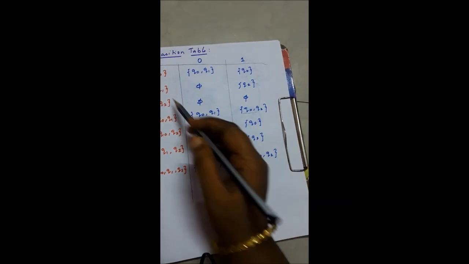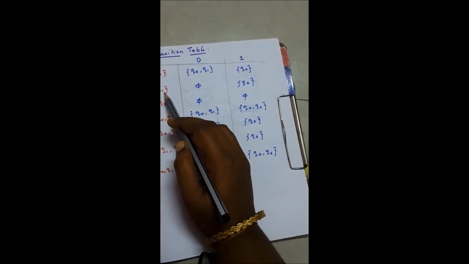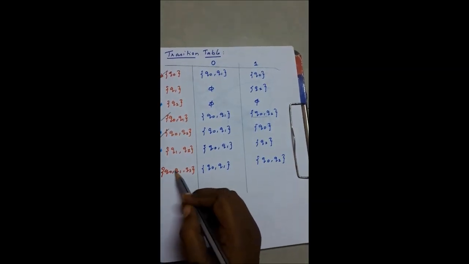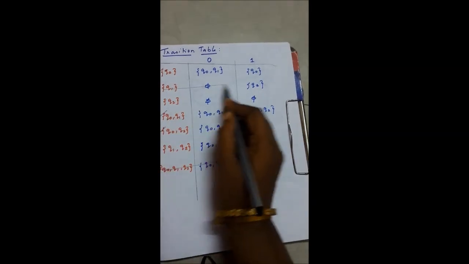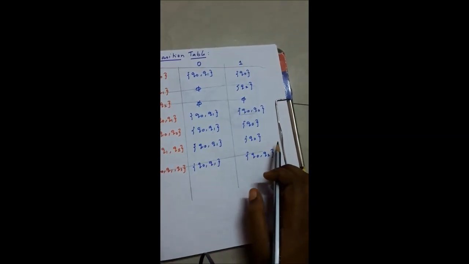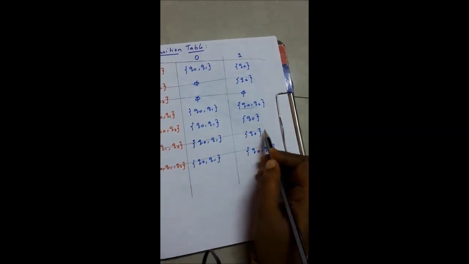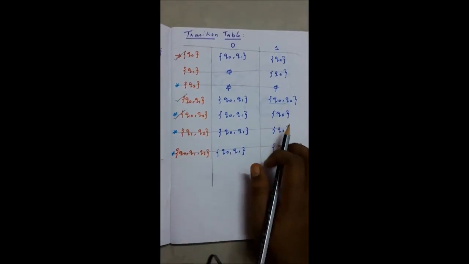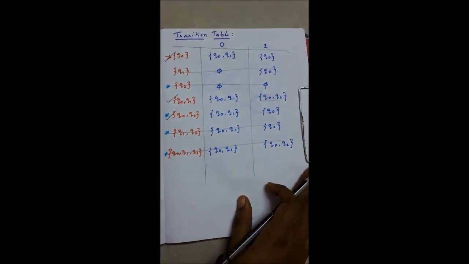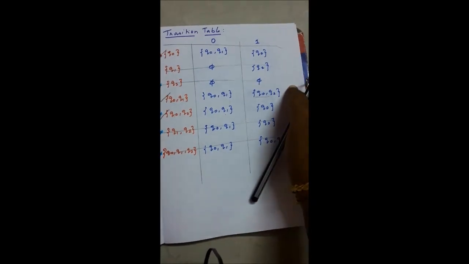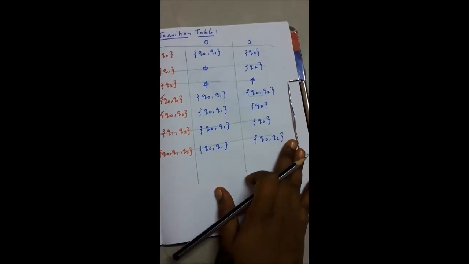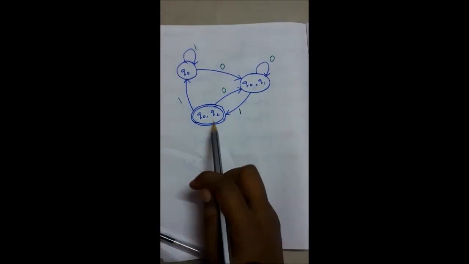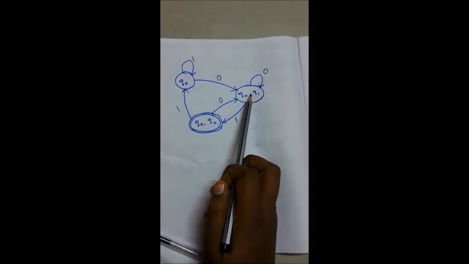And there is no choice to go to Q1, Q2, Q1Q2, or Q0Q1Q2, so we can simply skip them. We need not worry about these transitions, as they are new states. If we skip all these, then automatically we get the possible final states, which are Q0, Q0Q1, and